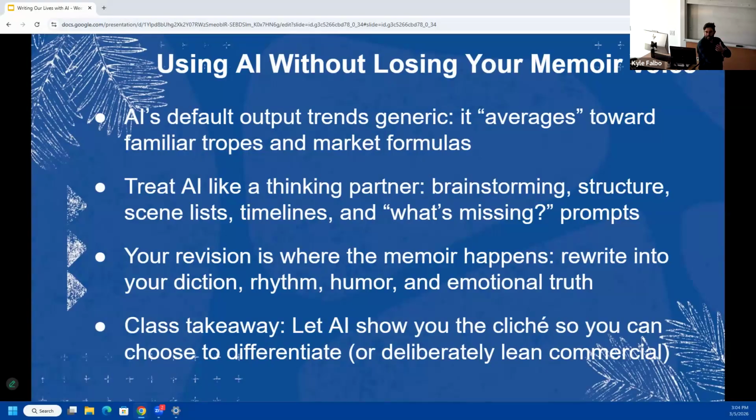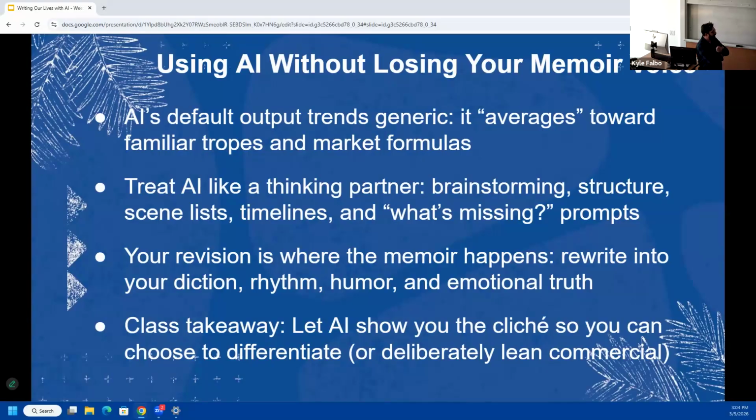So again, if you're using AI in that writing process, you still got to go back and do the revisions yourself. Still got to make sure your voice is in there, bring in your wit, your charm, your personality, make sure those things aren't being lost in the process of using AI.